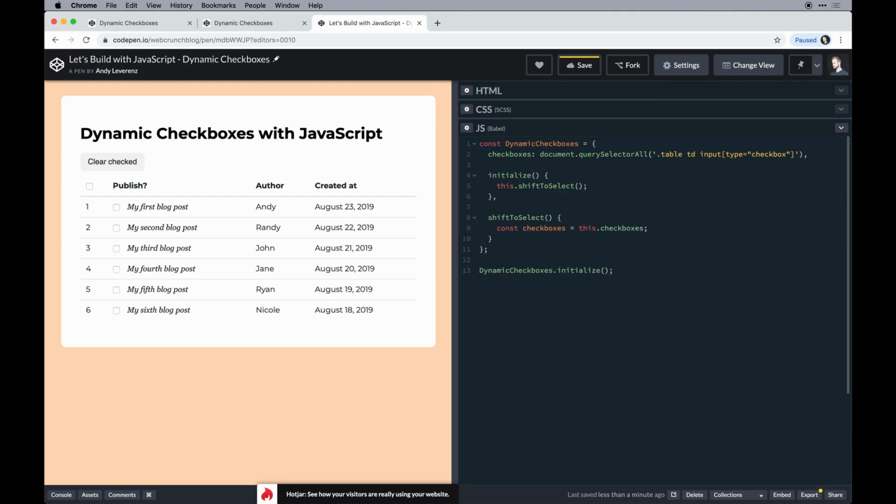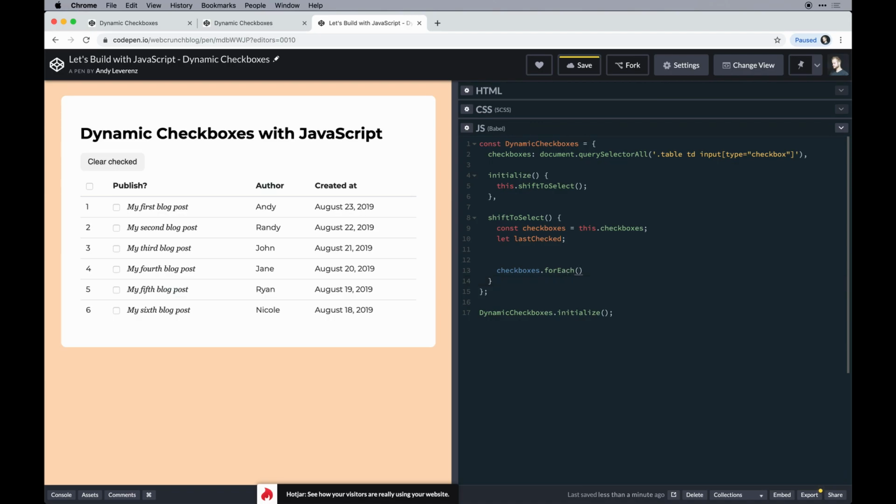And then we're going to have a let lastChecked variable, and it's let because that's going to change, and const is a variable that shouldn't change. So think of it as a constant. It stays the same. Let is the opposite. It's a variable just like var is, but you can do certain scoping with it, but it can change. So the key here is we're going to set an event listener. So we're going to take checkboxes.forEach,